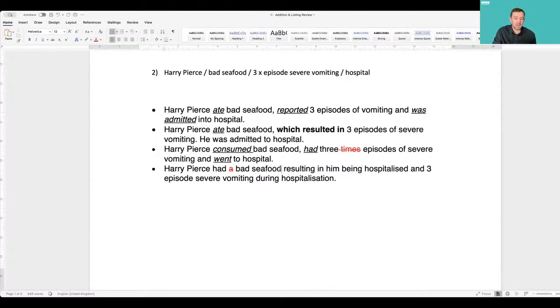Okay, comma, resulting in him being hospitalized, and 3 episodes of severe vomiting during hospitalization. It doesn't really say that, does it? I suppose it could be. I mean, if you want to mix it up. Harry Pierce had bad seafood, resulting in him being hospitalized, and we need another gerund, don't we? Now, what would be the verb for a severe episode of